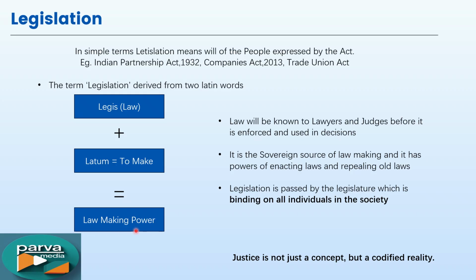So who will get the law-making power? The legislators, who are elected members of the Parliament and Assembly, are the ones who get the power to make law. What makes legislation unique in its existence is its sovereign authority. Okay, as they have the highest authority in the country, and everybody should follow whatever enacted law is there.